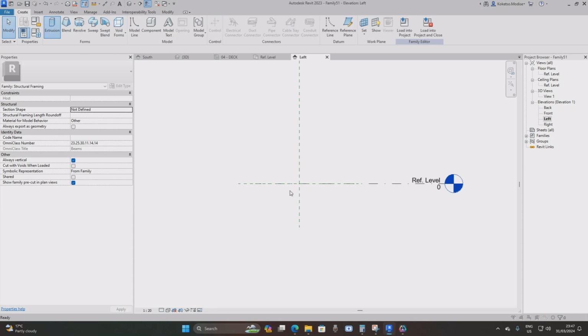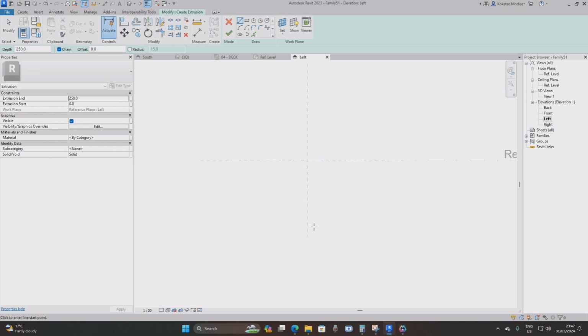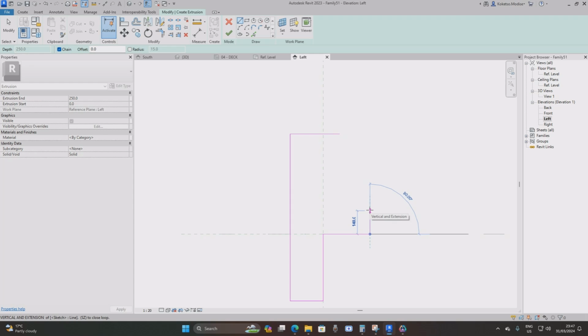You're gonna say create extrusion, and set the reference to reference plane left, and then from this point you're gonna take it to the right by 285 millimeters and press escape. And then from this point you're gonna take it down by 400 millimeters, and then to the right by 200, and then you're gonna take it upwards by 1000 millimeters, and then you're gonna take it to the left by 300 millimeters. Perfect. From this point you're gonna take it upwards by 120 millimeters, and then